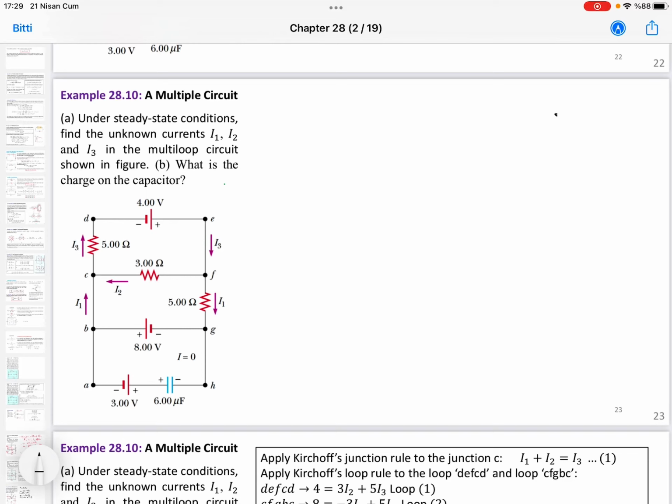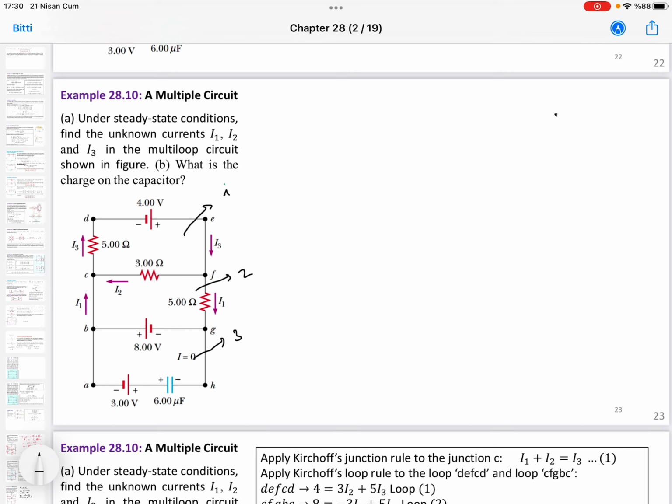Under steady state condition, find the unknown current I1, I2, and I3. Again, we have three circuits and they connect to each other, but no worries, we can split them as three loops. Say this is the first circuit, this one is the second circuit, and this is the third circuit. We can split and check